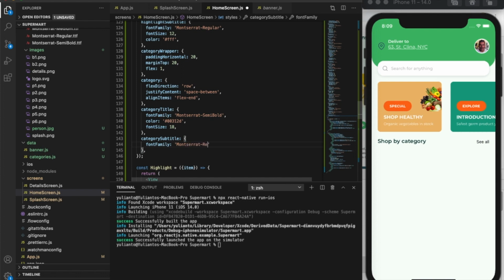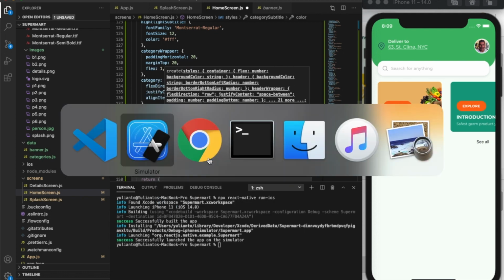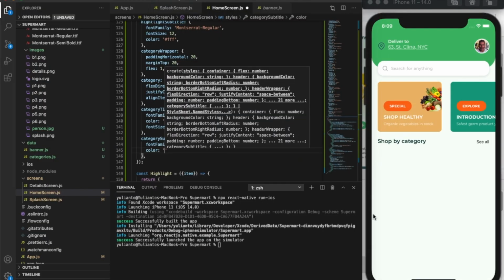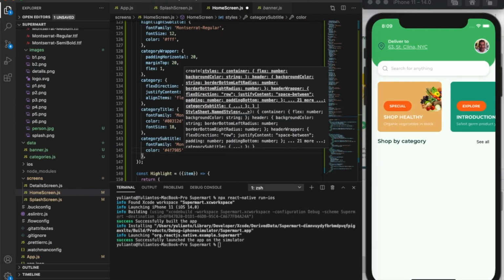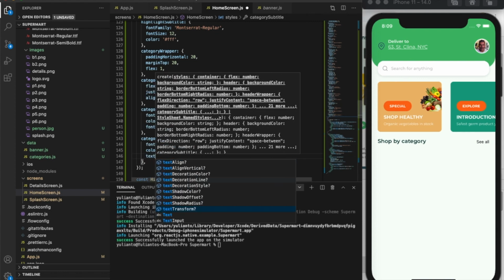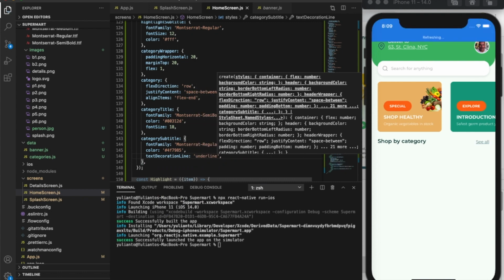on a subtitle change the font family to Montserrat Regular, and the color will be light green, and with the text decoration line underline. Okay,